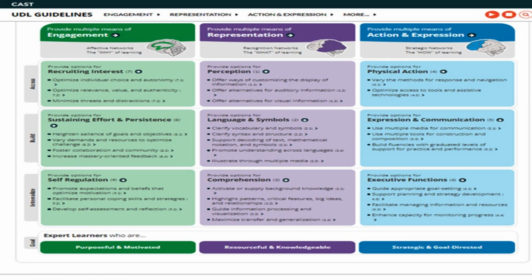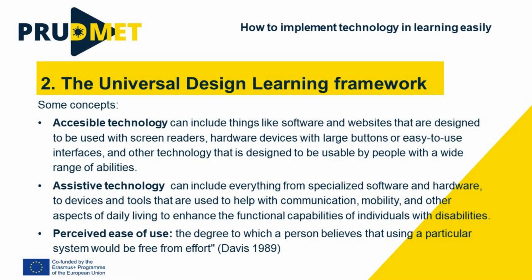Obviously, we do not intend for the staff to accomplish all of these during this workshop, since it is a matter of scaffolding from the very basics, such as opting for free technologies as a solution for Guideline 4.2 physical action, optimize access to tools, to more complex means such as using online, cooperative assessment rubrics for Guideline 9.3 self-regulation, develop self-assessment and reflection. Learn how to transform courses to use technology by embedding technology in learning interventions in an